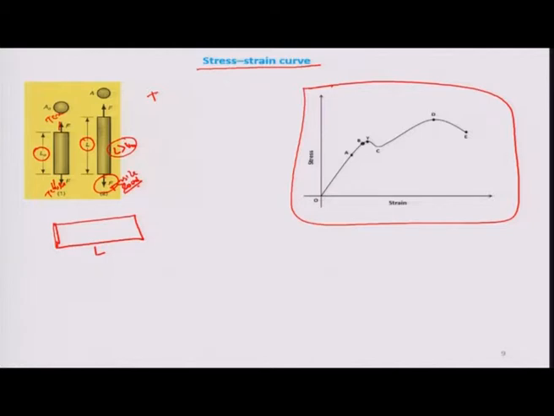Here you can see that there are various points in this plot A, B, Y, C, D, E, and each point has some significance. Okay. So we will discuss point by point. Generally, stress has a unit of Newton per meter square, stress versus strain. Okay. Here OA, that is called